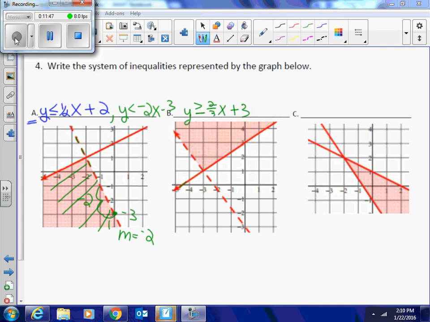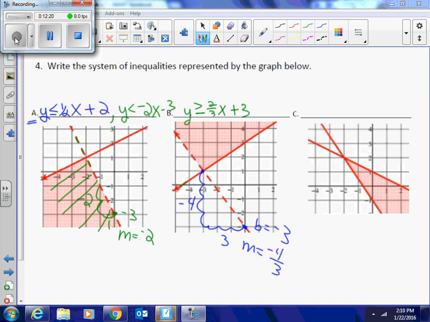On the dotted line, I see I've got a y-intercept at -3. My slope appears to be downhill, so I know it's negative. Let's pick some points that are on crosshairs. If I go from here to here, let's see. If I go down 1, 2, 3, 4, that's a -4. I can go forward 1, 2, 3. So it appears my slope on the dotted line is a